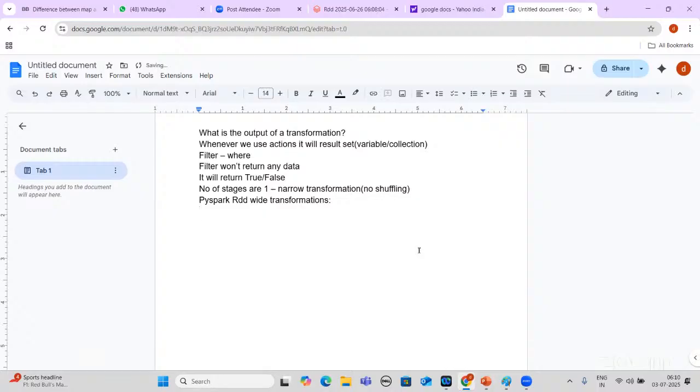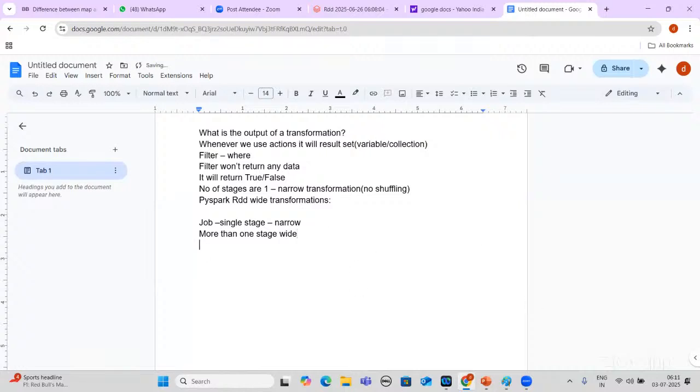If the job is a single stage, then it is narrow. More than one stage, wide transformation.